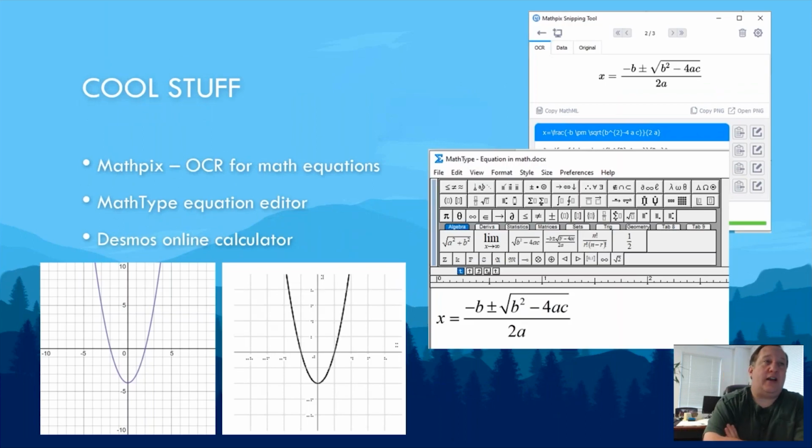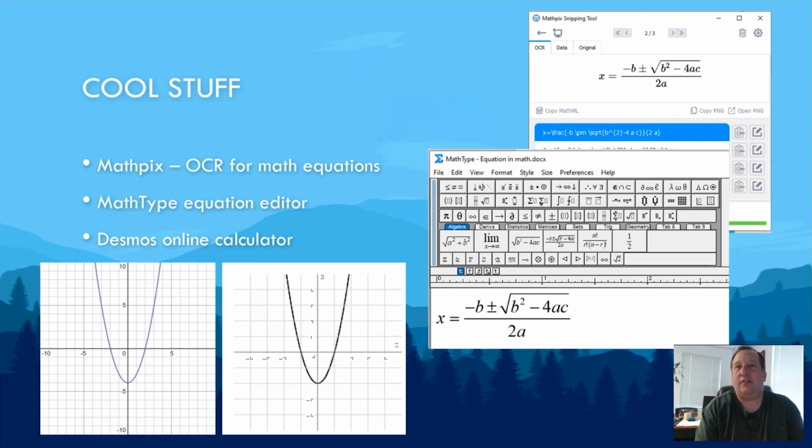So on the cool stuff side of things, I've put together a training on how to use Tactile Graphics to enhance math comprehension. And at the time, we'd pretty much just used MathType to create the equations. And then we had our own online graphing calculator and things. But I found, doing that presentation, I presented all of the tools, and then people told me about other ones that they had found that they were using that were useful, as well as which ones most interested people. So from the highlights of this, the new tool is this Mathpix snipping tool, which is